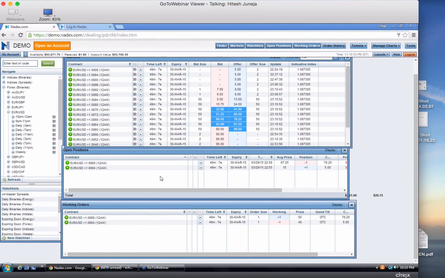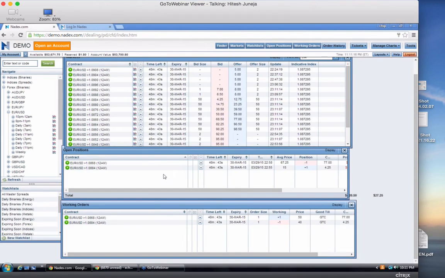Chip is not actually allowed to give advice on how to take trades. That's why he can't go into the details of it. So don't just go onto Nadex and go, well, this looks like it's far enough from the strike price, I should take this one. Don't do that. It's based upon market analysis, and it's based upon the signals that you're getting. So that's what you need to be doing.